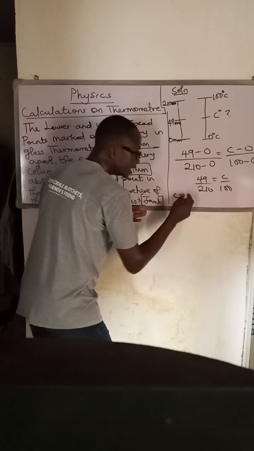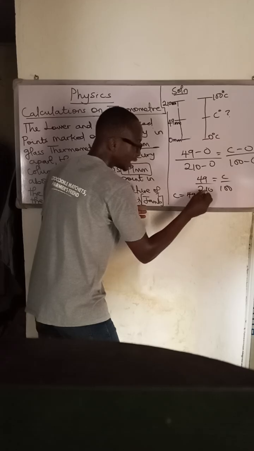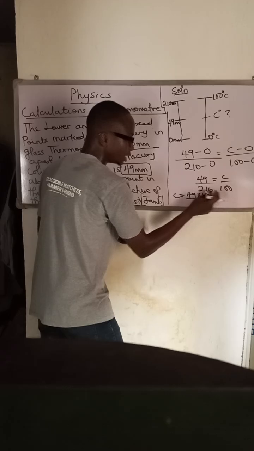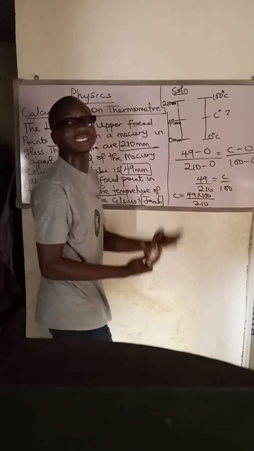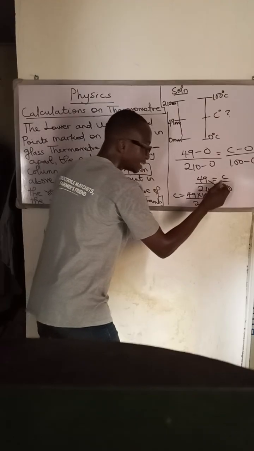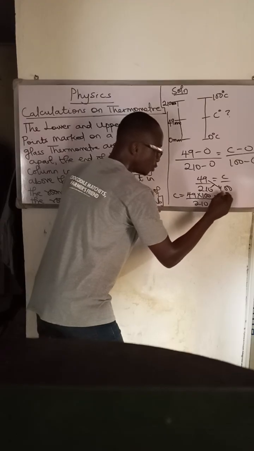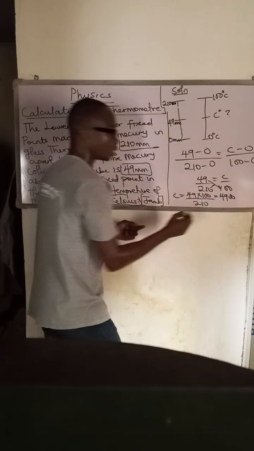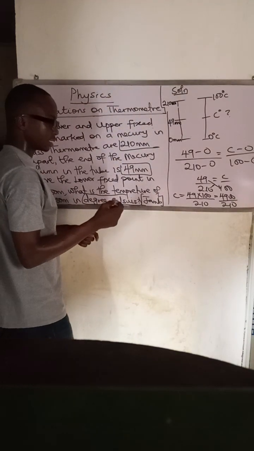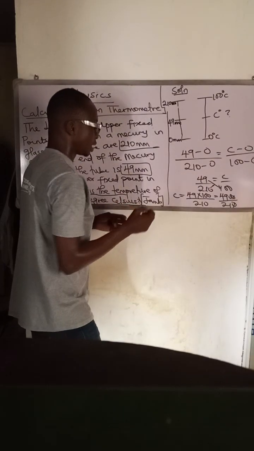So you'll be having C is equal to 49 times 100 all over 210. I just multiplied 49 by 100 divided by this. If I cross multiply, it will still be the same thing. But because we don't have that time in the Jamb exam, we just multiply 49 times 100, you divide by this. That's what I did. Now 49 times 100 will give you 4,900, and 4,900 divided by 210, we cancel this 0, 490 divided by 21, I think it should give you